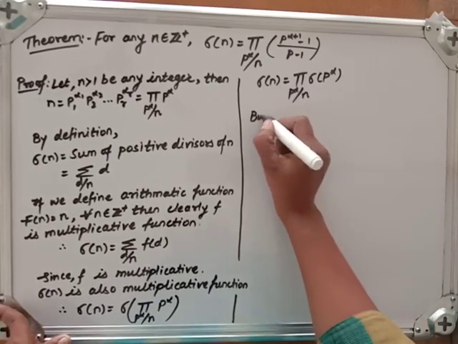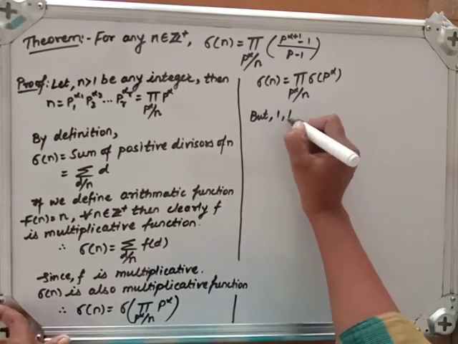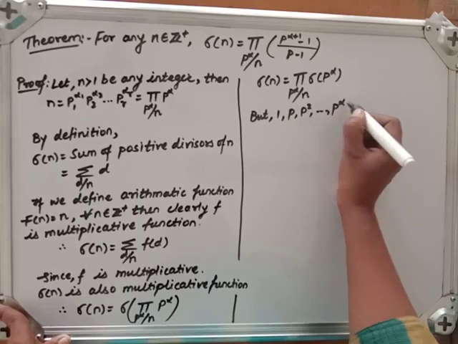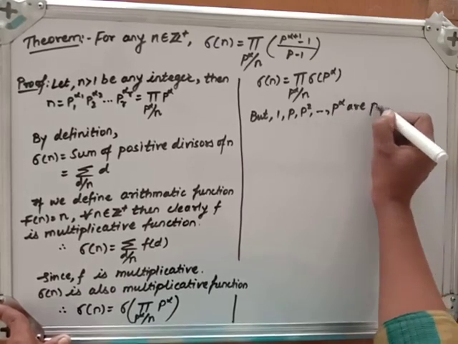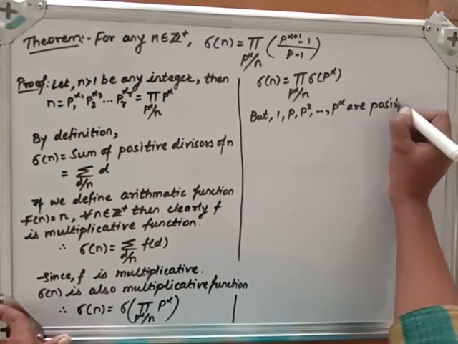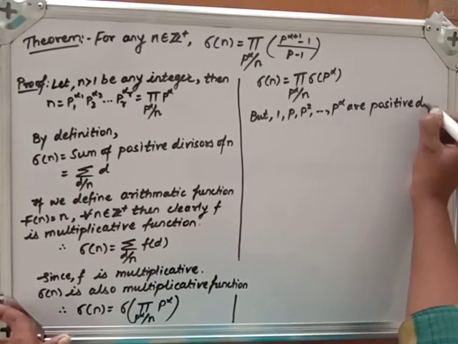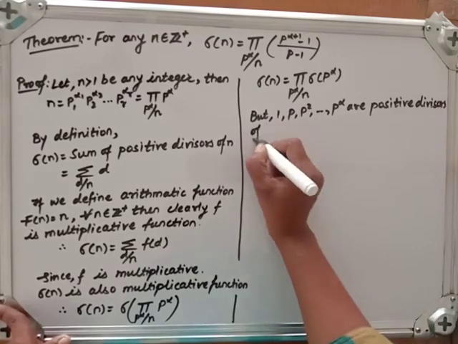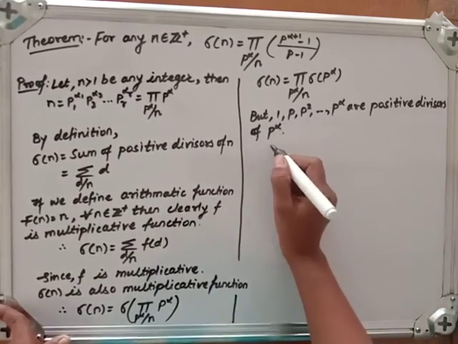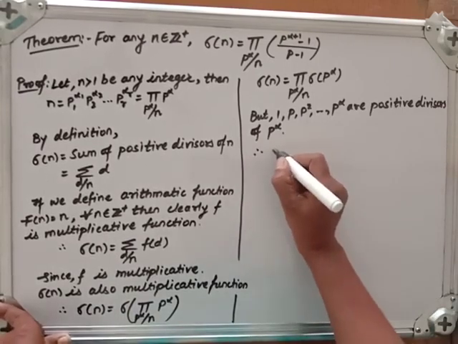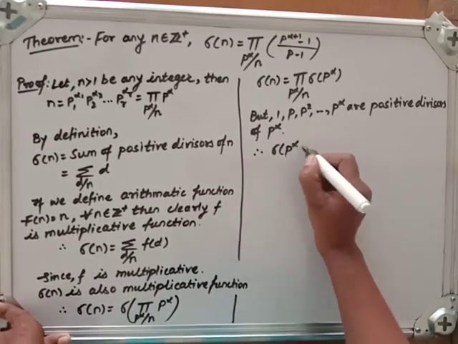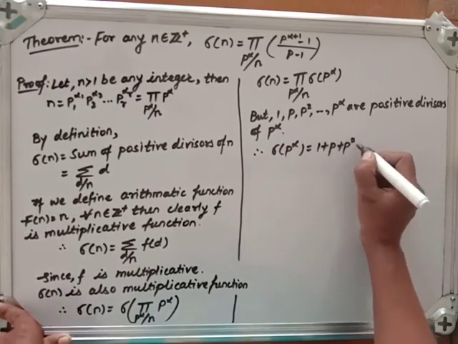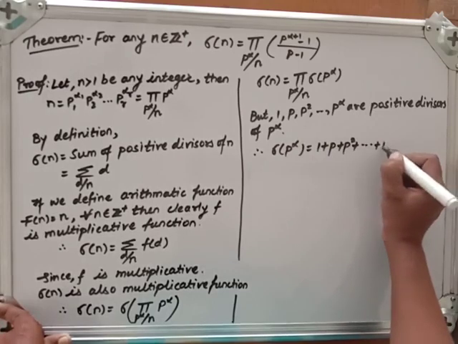But 1, p, p square and so on up to p raised to alpha are positive divisors of p raised to alpha. Therefore sigma of p raised to alpha is equal to 1 plus p plus p square plus so on up to p raised to alpha,